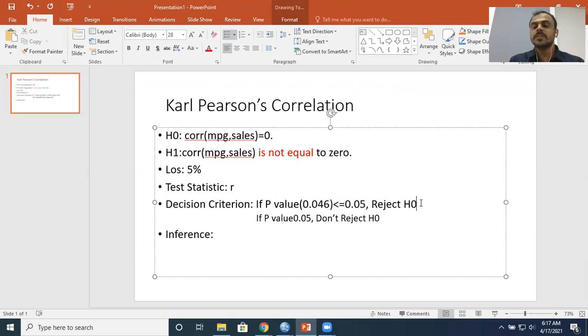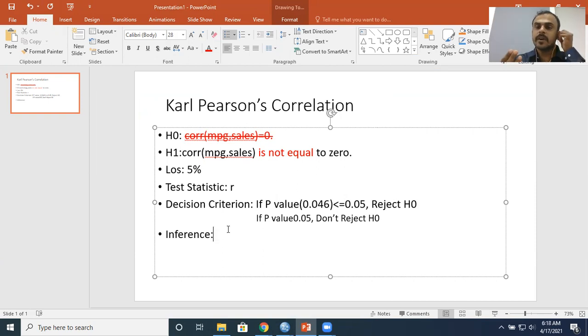So in which case, what is the decision that you will be adopting? The decision that you will be adopting is to reject the null hypothesis. I repeat, you will have to reject the null hypothesis. So your null hypothesis will go. So for the first time, you have a very curious situation wherein the null hypothesis is gone. You will be canceling your null hypothesis. How has this happened?